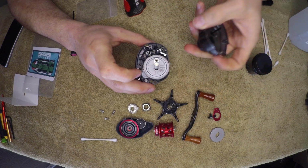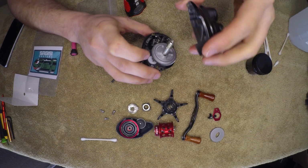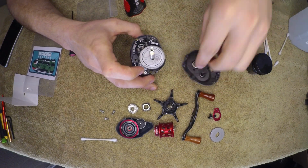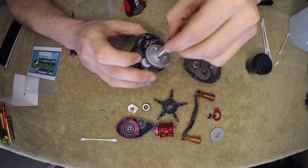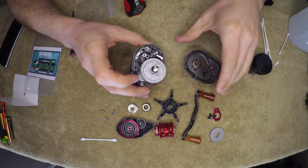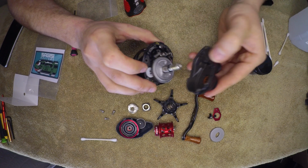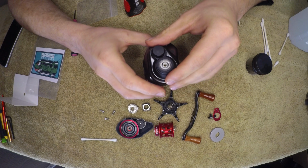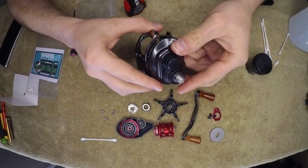It did say it's tuned to have your drag peel out the smoothest, which is what I would rather have, is smooth. If I get just enough sound that I know it's peeling out... Sometimes when you're in streams and you have running water and different depths, you don't really know how much line you have out. So that audible clicking just helps you know how much line is pulling out. That's what I like about it the most. I mean, there's the fun factor, and it does sound fun, but